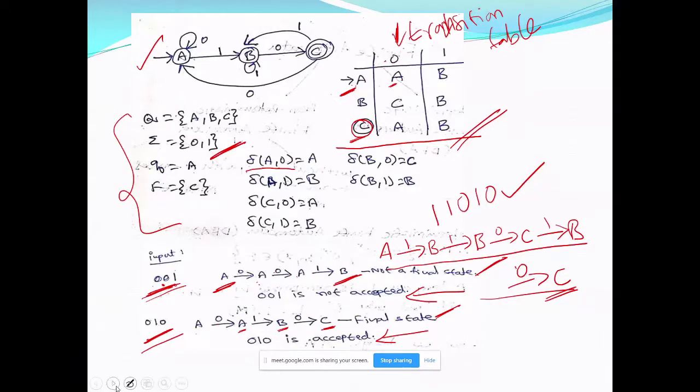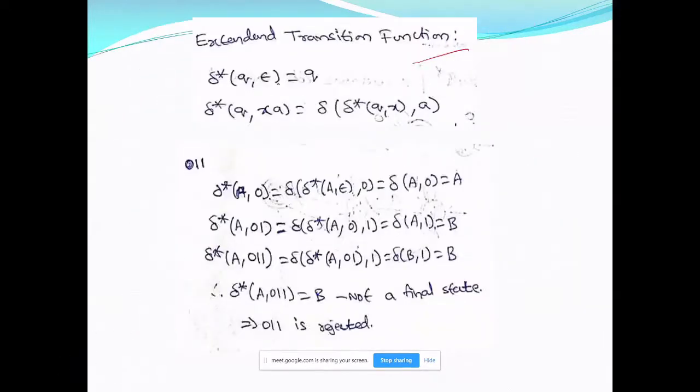But if I want to give one state and an input string, starting from state Q, where it will end is specified by delta star, or the extended transition function. The first thing is delta star of Q comma epsilon. Epsilon is the null string, as you remember from yesterday's class. That means no input symbols are given, so it ends in the same state. Without an input symbol, your DFA cannot change state. So on the null string, you will be in the same state.